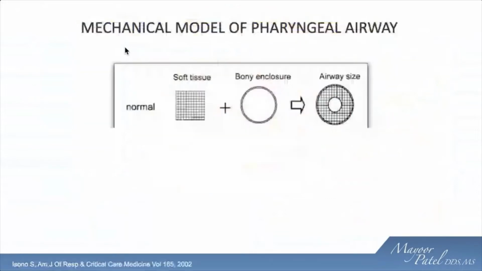So if we look at Izuno's model, he talks about the fact that the airway size is predicted based on two variables and two factors. The first being the amount of soft tissue, which we will call here the BMI, anything less than 30, and then the bone enclosure, which is the craniofacial features, maxilla being the most important, followed by the mandible. Now, if we have adequate tissue, not excessive by any nature, and adequately developed maxillofacial structures, you put the tissue over the bone, you've got an awesome airway. Really a good airway that's not going to be compromised.